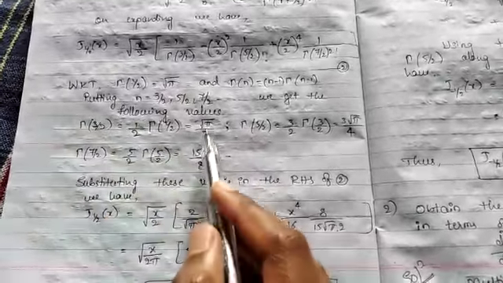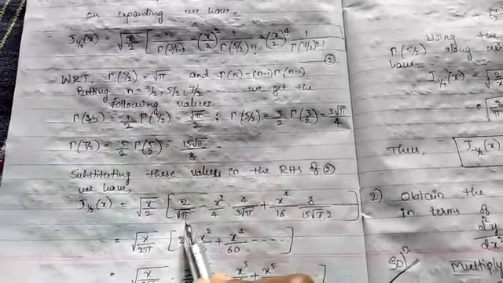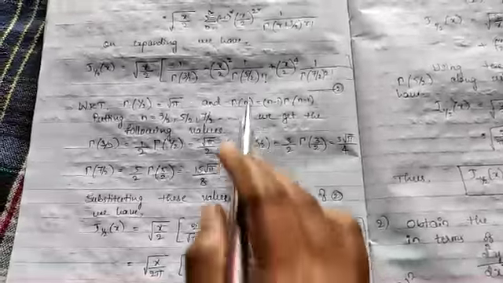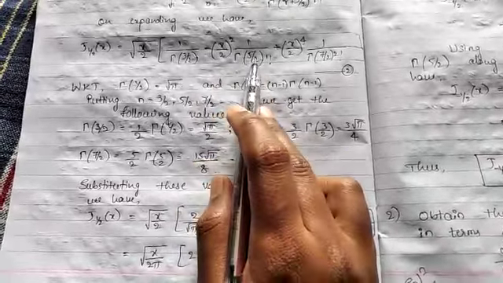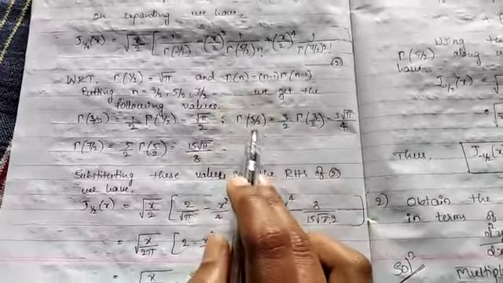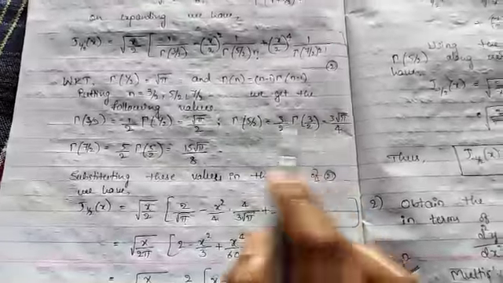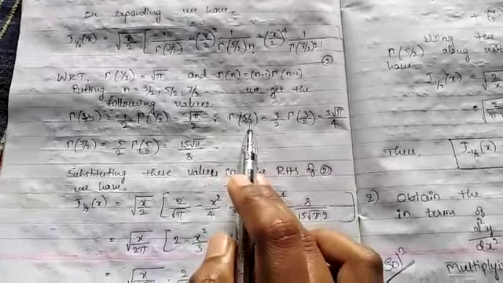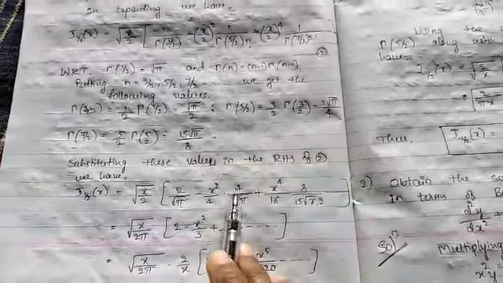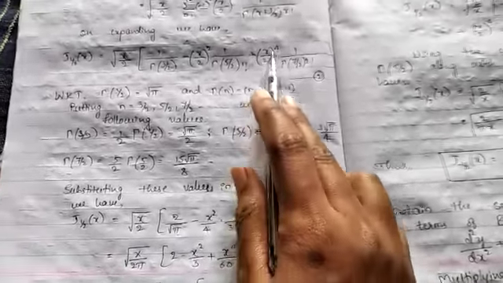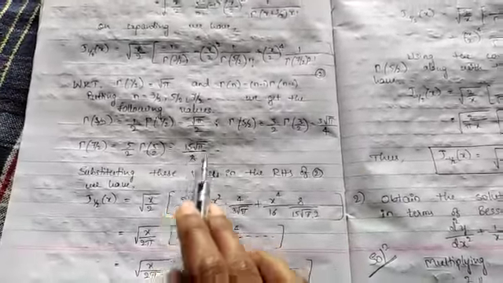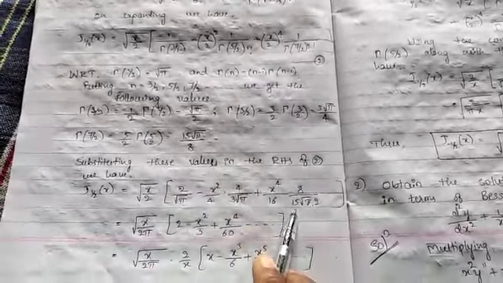Taking reciprocal, it becomes 2 divided by root pi minus x square divided by 4, then 1 divided by gamma of 5 by 2. Gamma of 5 by 2 is 3 root pi divided by 4. We want 1 divided by gamma of 5 by 2, therefore taking reciprocal this is 4 divided by 3 root pi, plus x to the power 4 divided by 2 to the power 4, which means 16. Taking reciprocal this is 8 divided by 15 root pi.